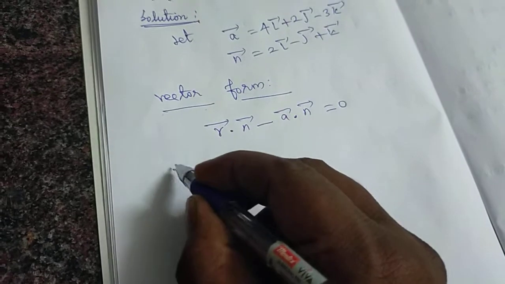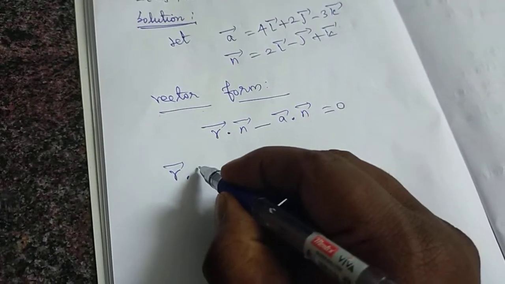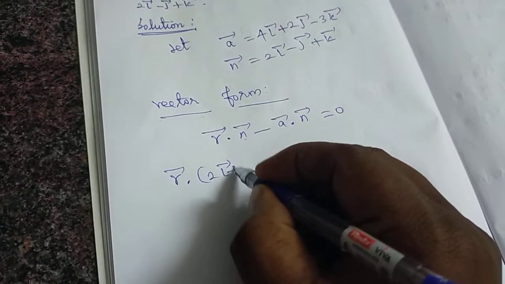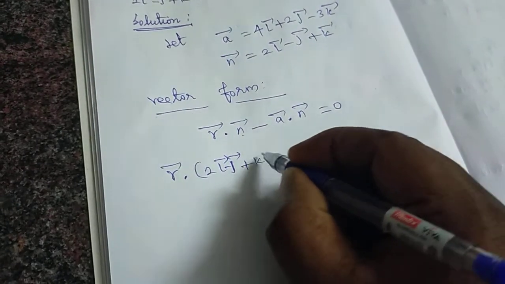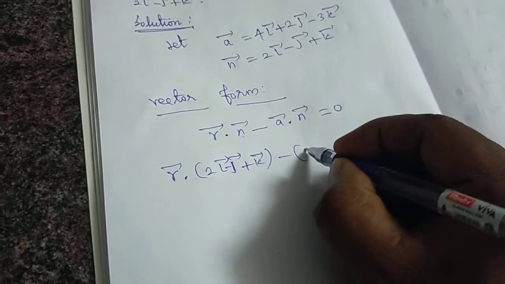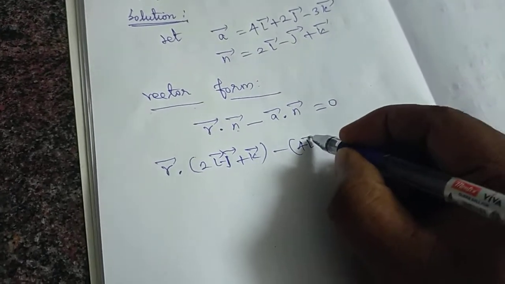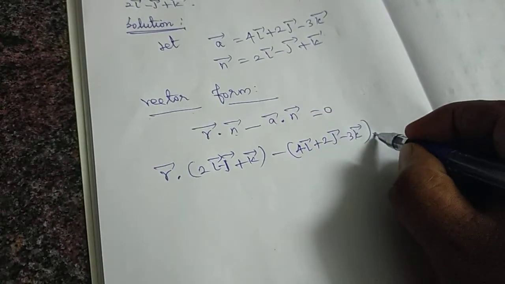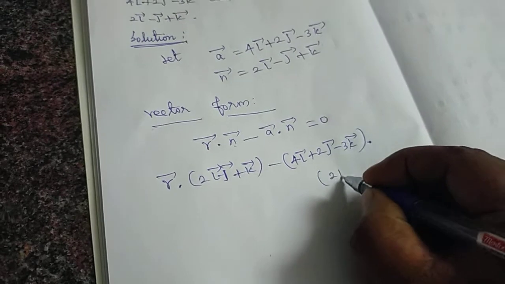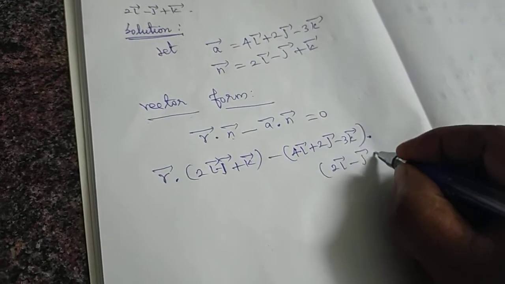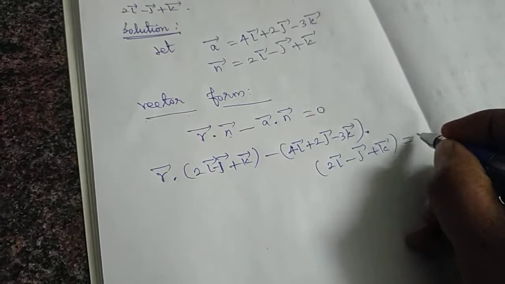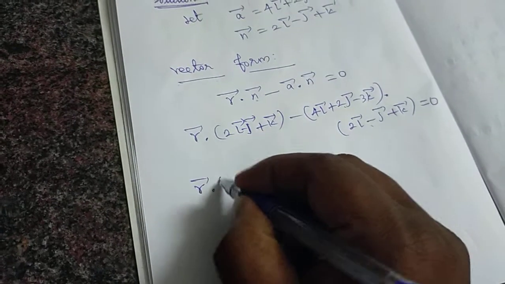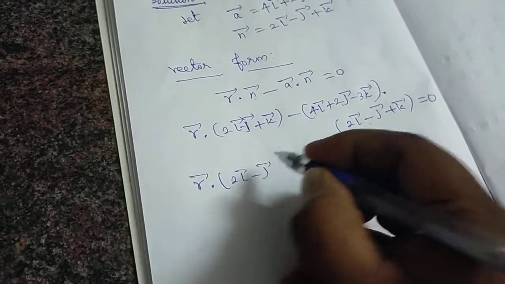Just substitute n and a vector. N vector is 2i vector minus j vector plus k vector. Minus a vector, 4i vector plus 2j vector minus 3k vector, dot n vector 2i vector minus j vector plus k vector, equal to 0. So this is a dot product. You know very well, in 11th standard we already learned that